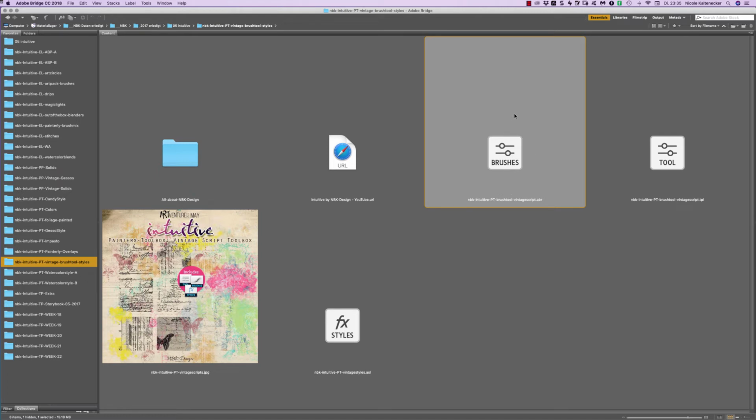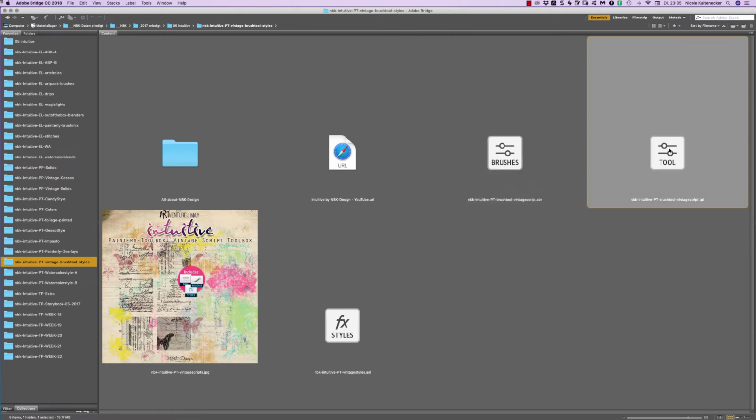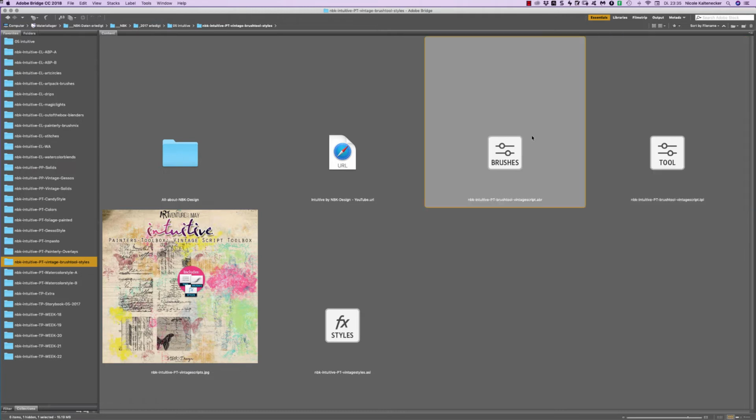So this is, well, how can I say, this is the top with everything included, and with the ABR file maybe some effects don't come out, because older versions of Photoshop and Photoshop Elements don't support everything that is included in a TPL file. I try to explain that each time in my videos, so if you hear that now the 100th time, I'm sorry about that. But for those who are watching these videos for the first time, they should really know about the work, and why there is a TPL file, why there is an ABR file,